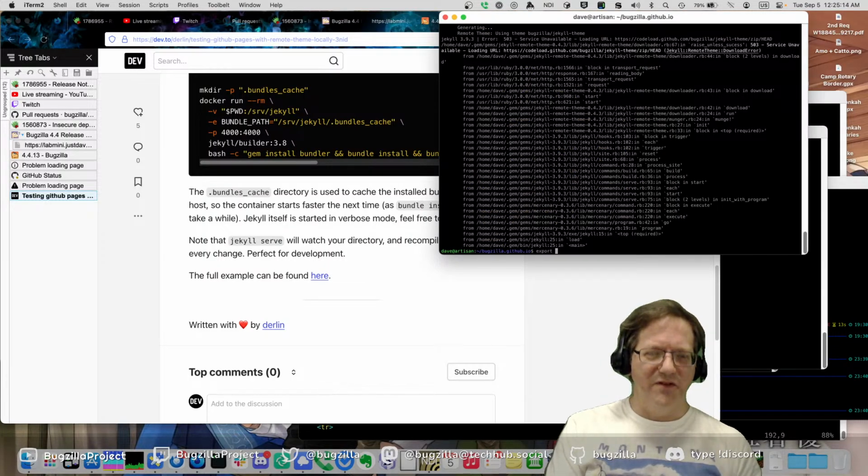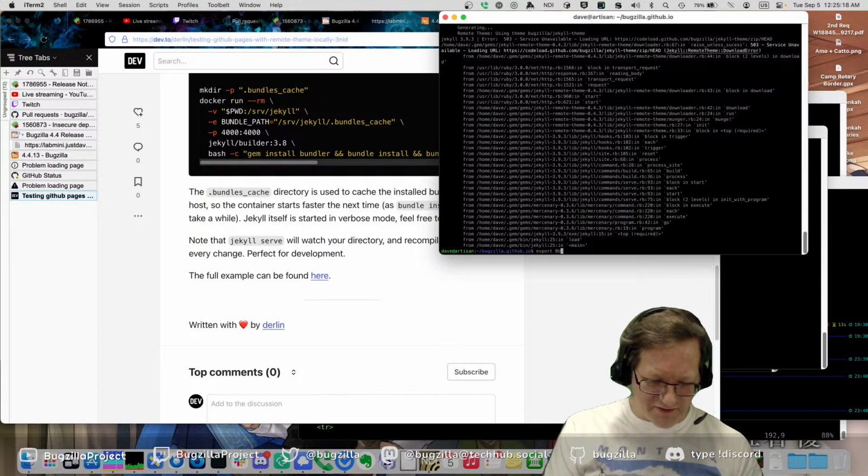That's actually useful, except it won't help us until it can actually download it once. It'll stop it from having to re-download it every time.